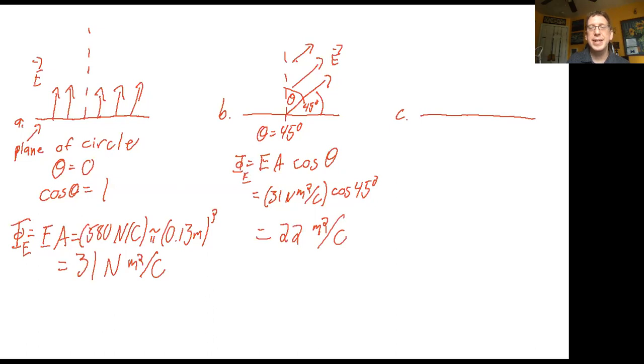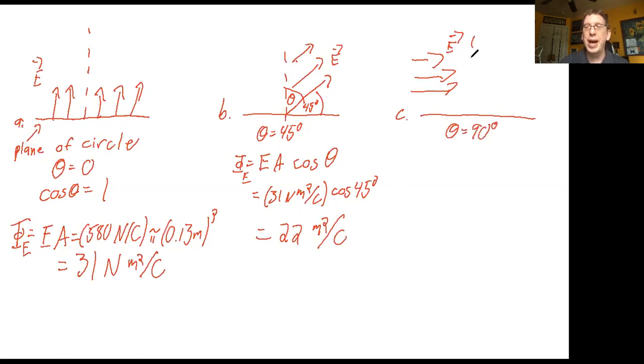And then the last thing is the face of the circle is parallel to the field lines. So in this case, the field lines go straight across the face of the circle. So they're completely parallel. And remember, the electric flux is a measure of the component of the electric field that crosses through the surface. Well, in this case, no component of the electric field is crossing through the surface. And so you can say that theta is 90 degrees